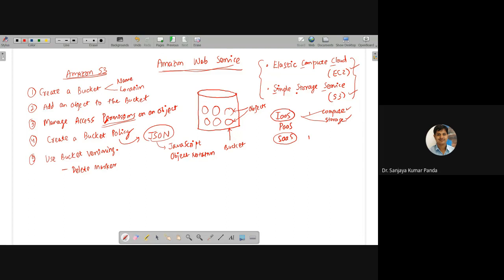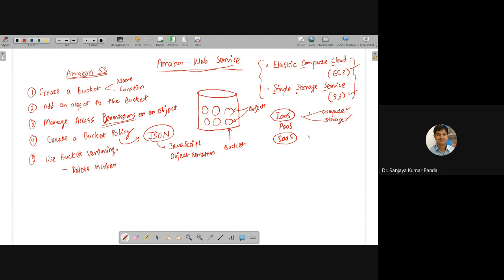Similarly, you can create many buckets. The total number of buckets you can create in Amazon S3 is 100. Here we are talking about one bucket, but imagine you can create up to 100 buckets. What is the meaning of these buckets? One bucket I can set up for BTech final year. Another bucket I can set up for MTech first year.